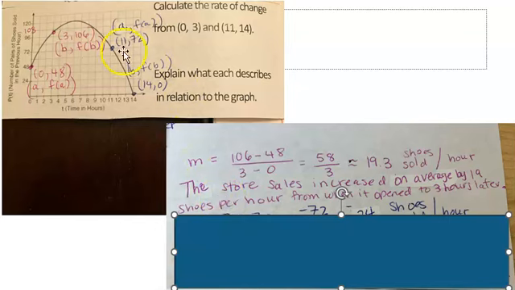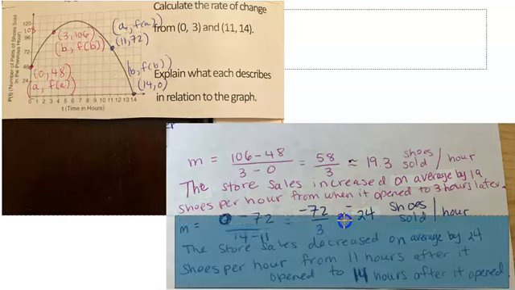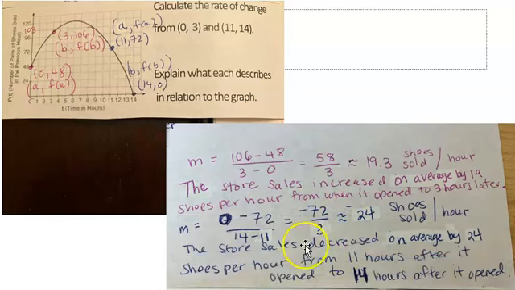Now, I just kind of estimated some of these points, like the 0, 48, the 3, 106. So if you don't have exactly 106 like me, or exactly 72, it's okay as long as it's close. So now when I go to do my slope this time, I'll again set up my y2 minus y1, or f of b minus f of a, over x2 minus x1, or b minus a. When I do that, I end up with negative 72 over 3, which gives me negative 24 shoes sold